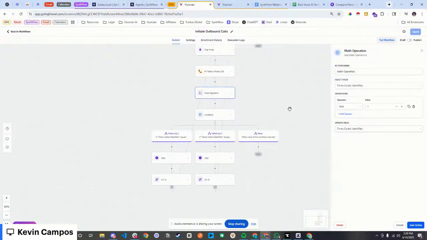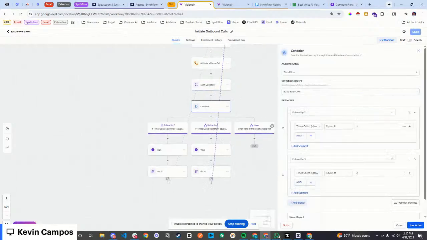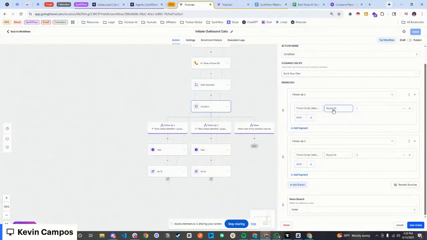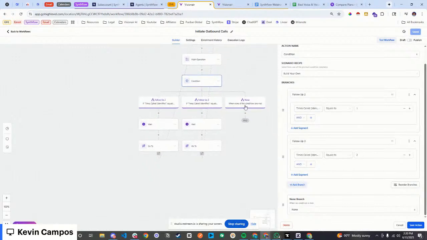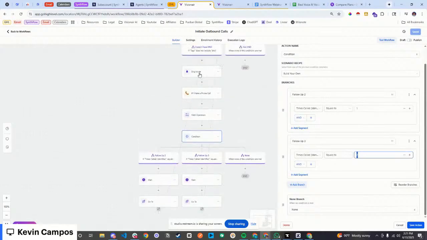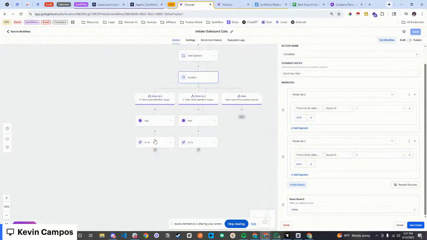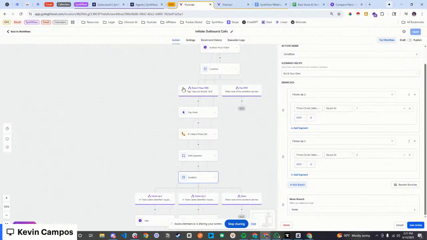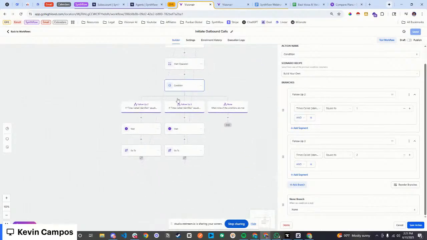And once you make that phone call, there's going to be an addition. Like, okay, we've called this person once. We're going to add plus 1 onto their times called identifier, which is the amount of times they've been called. And then in this condition, we are going to identify the amount of times they've been called. So let's say, for example, they've been called twice. That means they have run through follow up 1, which is the first call, and then follow up 2, which sent it back up here, and then ran through the whole thing again, and then landed here, which is where we identify the 2.